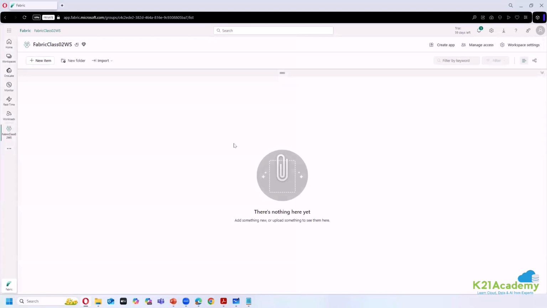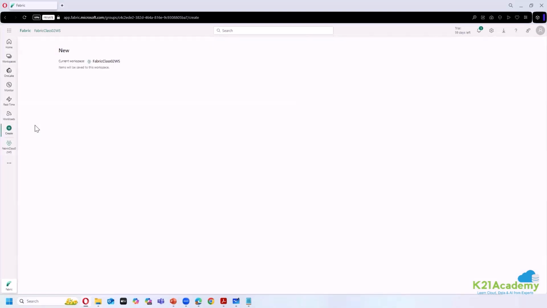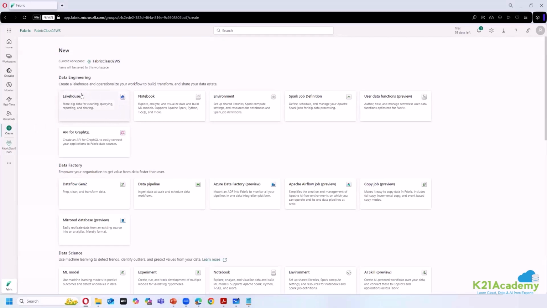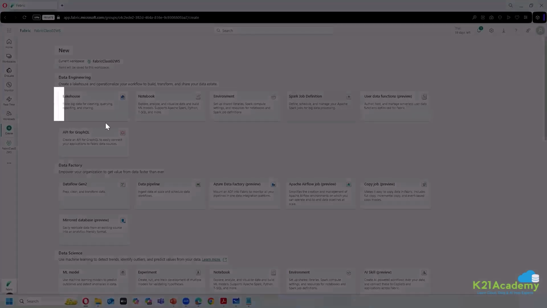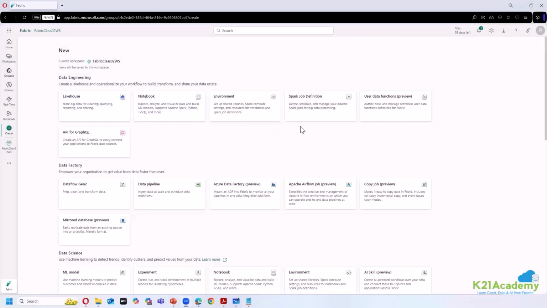You tell me. What items can I create with it? So earlier, when you saw that we as a data engineer created a lakehouse, now we will combine it with a notebook and a Spark job definition. As a Fabric data engineer, you will combine your lakehouse with a notebook and a Spark job definition